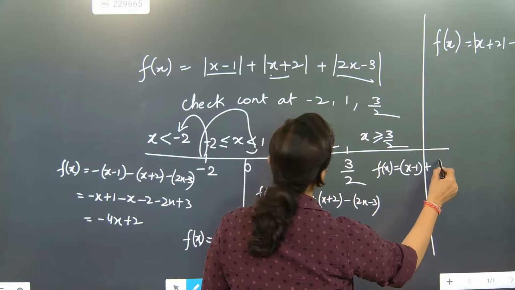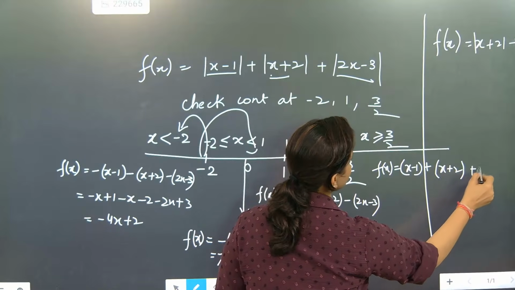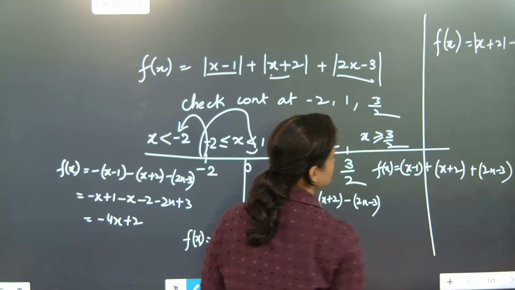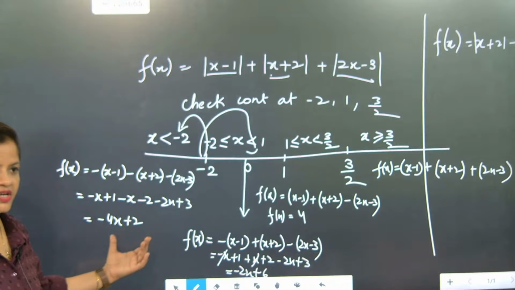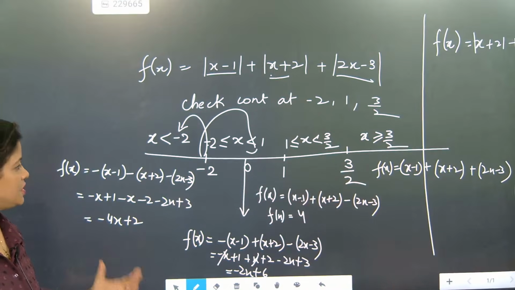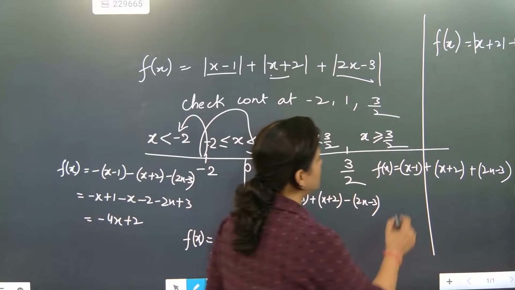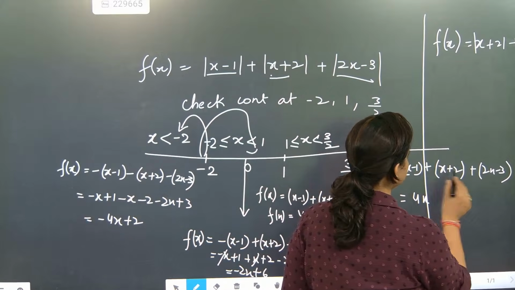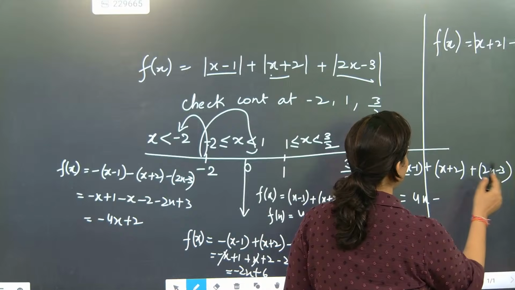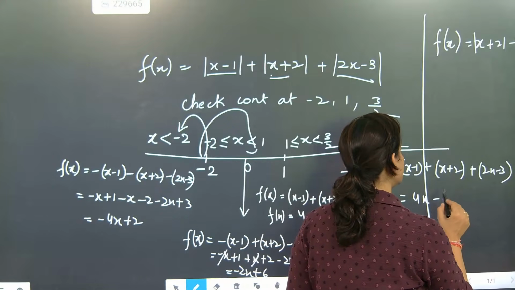Now for this side, greater than this value, I will take 5, 6, all will become positive. x minus 1 plus x plus 2 plus 2x. Did you understand how to do region division now? Please do it. Take your time and note down. It will become 4x plus 1 minus 3 minus 1 minus 4 plus 2 is